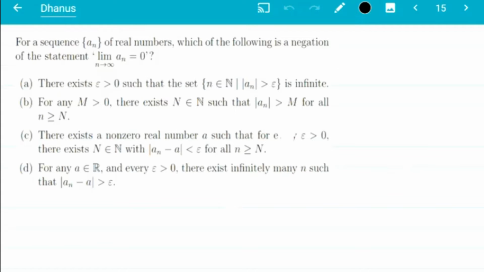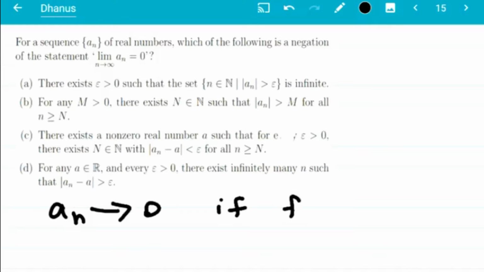That implies the limit of an can be anything. The limit may exist or may not exist, and all these possibilities are there. A sequence an of real numbers is said to be convergent, or an converges to 0, if